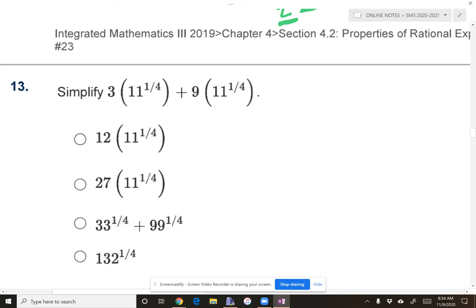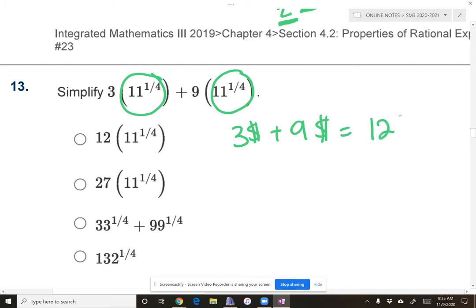Number 13 says simplify. If I have 3 of the 4th roots of 11 plus 9 of the 4th roots of 11, okay? These are yucky. I get it, okay? But if I just replace those with something else, like $3 plus $9, you'd be like, Miss Bustle, this is easy. $12, right? But instead of using that, we have 3 of these ugly 11 to the 1/4 power plus 9 of the ugly 11 to the 1/4 power, which is going to give me